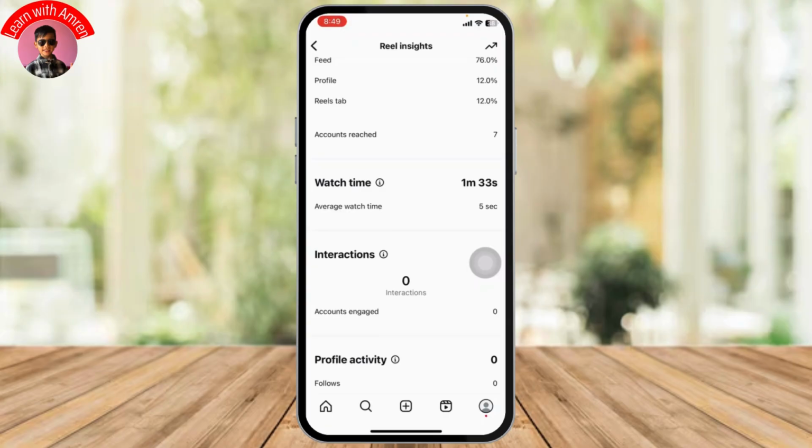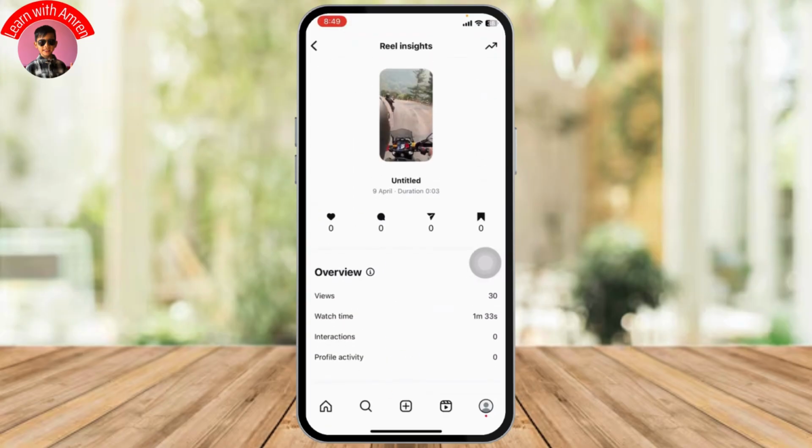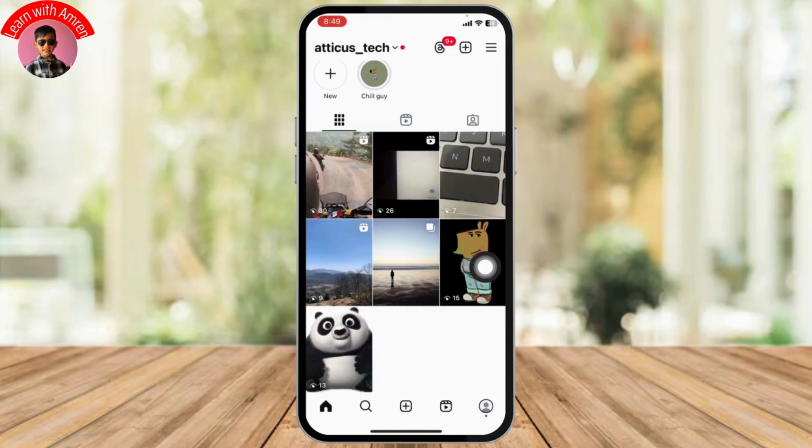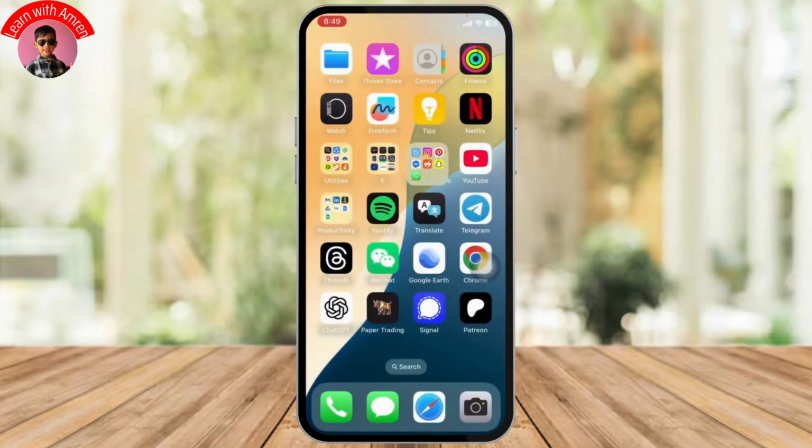Now it will not show you the exact username and the exact person who has shared your reel. And yeah, all you can see is the number of shares that your post has got. And yeah, that's basically all for today's video,